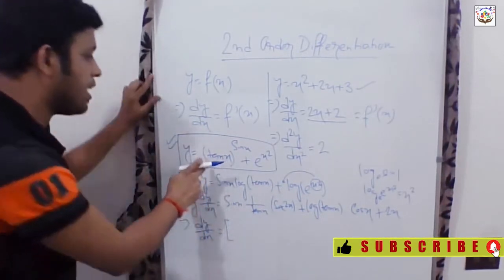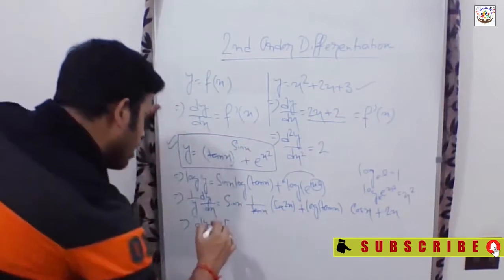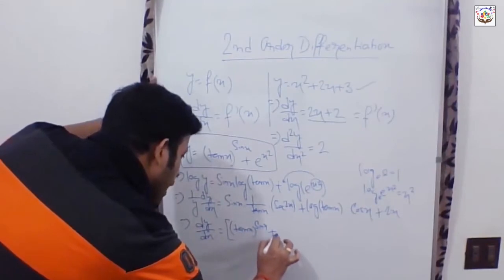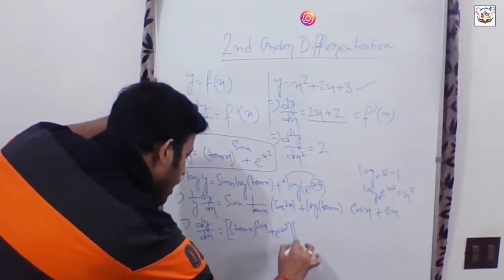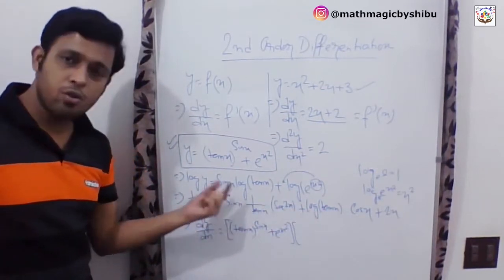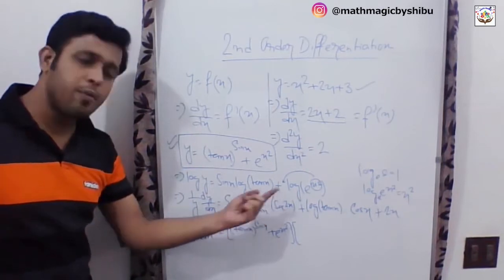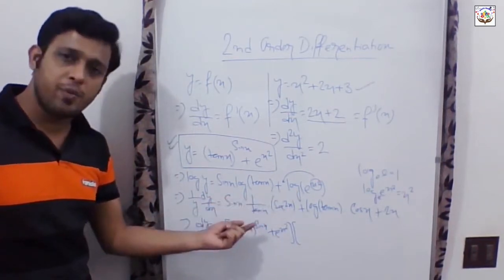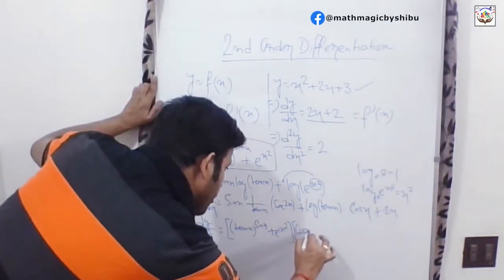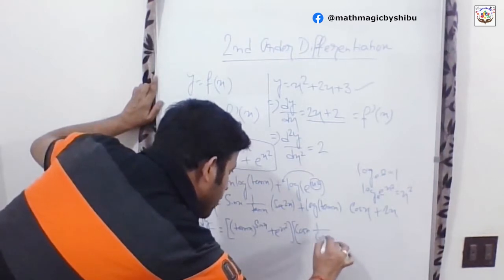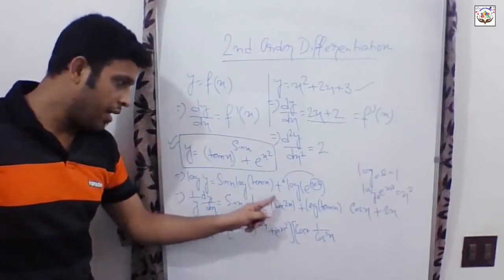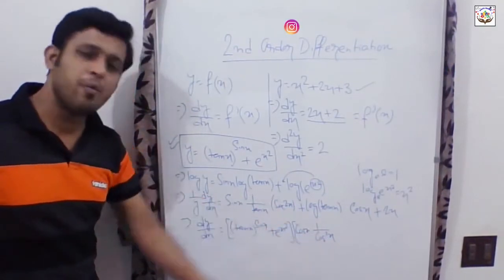So we have y as tan x to the power sin x plus e to the power x square. So tan x to the power sin x plus e to the power x square, this is y, and now we need to simplify this part. So we know sin x by tan x equals to cos x, and sec square x means 1 by cos square x. So cos x by cos square x means we only have 1 by cos x. Although let me write it for you all so you do not get confused about what I am telling. Like sin x by tan x equals to cos x, and sec square x means 1 by cos square x, from the basic trigonometry, right?